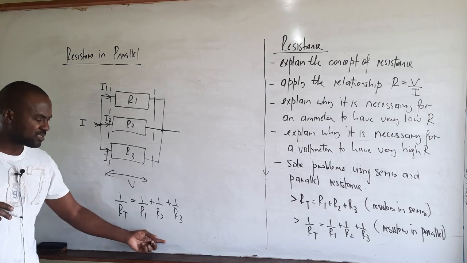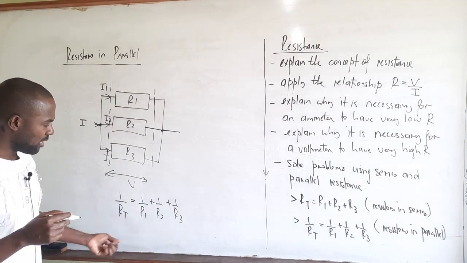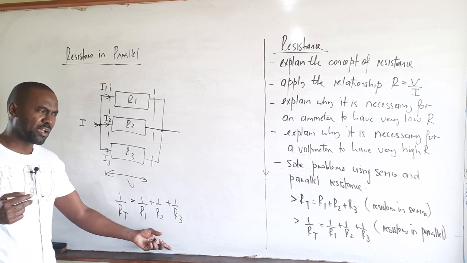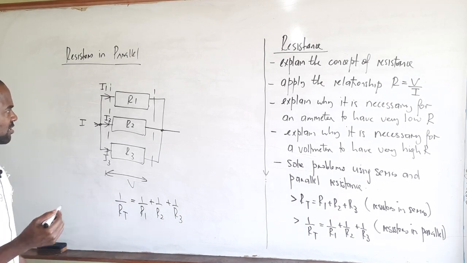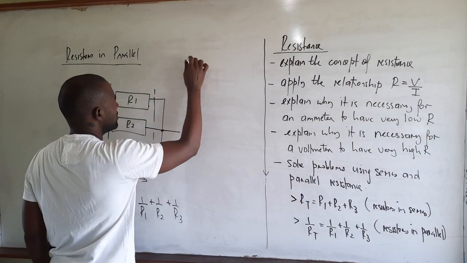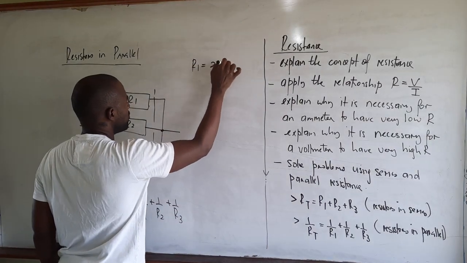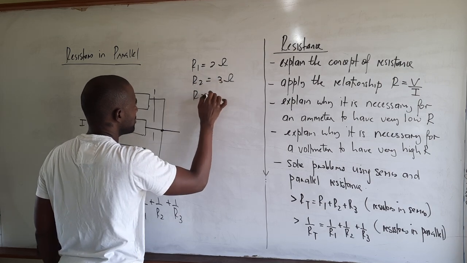Now if you look on the right hand side of this equation, these look like three fractions, and of course, I'm sure you remember how to add fractions. You could find their LCM and proceed to add, or we could just go to our calculators. So let's just put some simple values here and find the total effective resistance. Let's say R1 is equal to 2 ohms, R2 is equal to 3 ohms, and R3 is equal to,